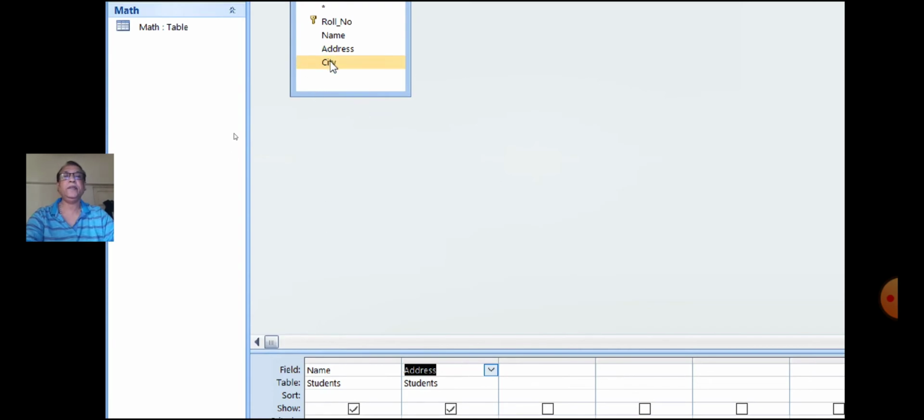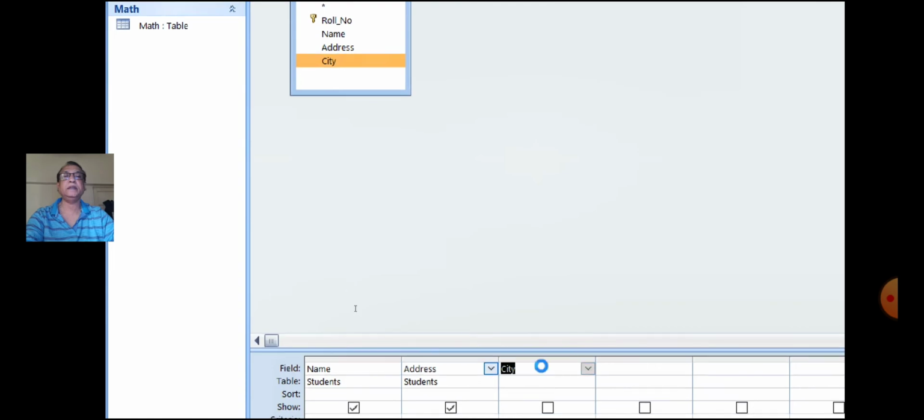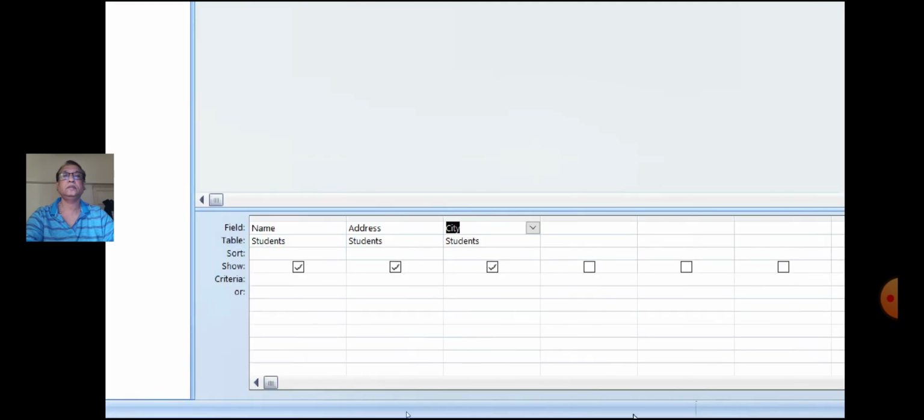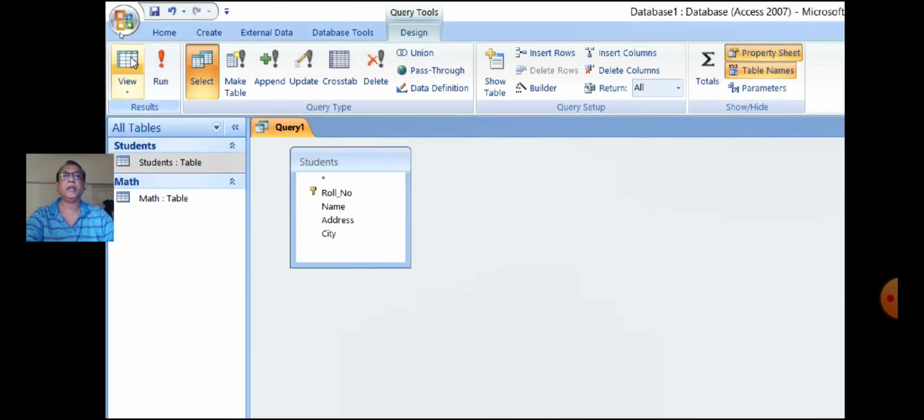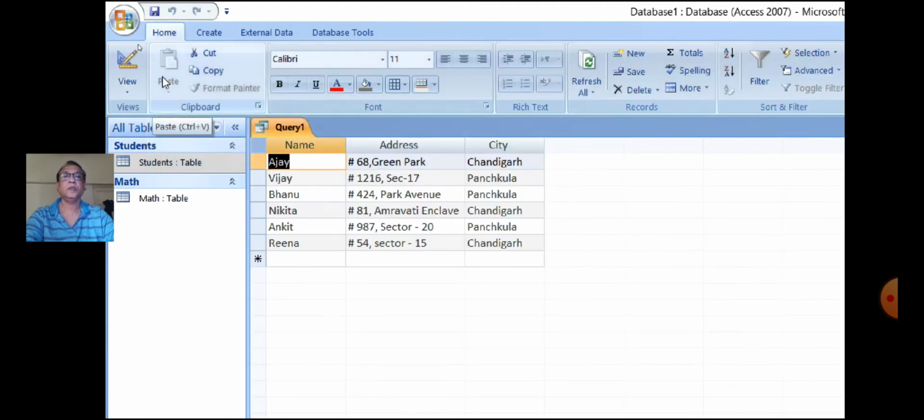And drag the city field and place it in the design grid. Now run the query. So if you see the table consists of the field names, name, address and city, which we have dragged.